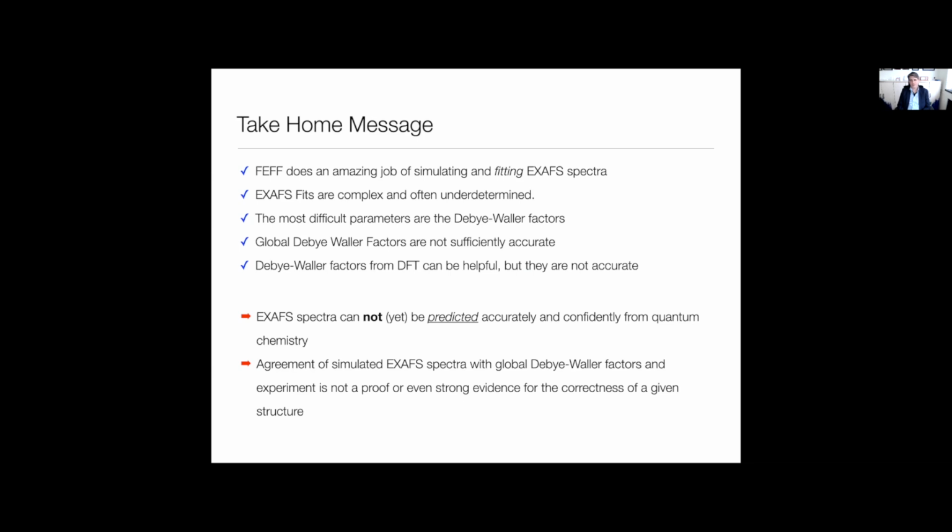And that also means that the argument that an EXAFS spectrum theoretically generated from a DFT geometry-optimized structure agrees with the experiment does not carry much weight, because you know that you get the wrong answer when you know both the spectrum and the structure. And so I advise some caution here. I hope that in the future quantum chemistry will be a better partner of the EXAFS experimental community, but at this point in time, I think we have to admit that we're not there yet, and we're not in a place where we would like to be.